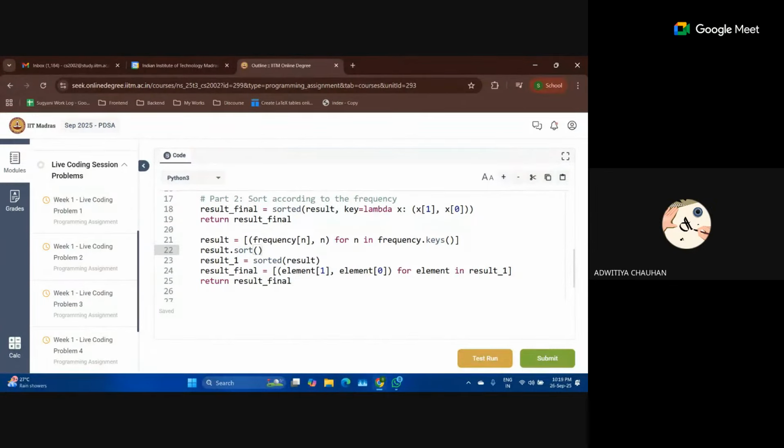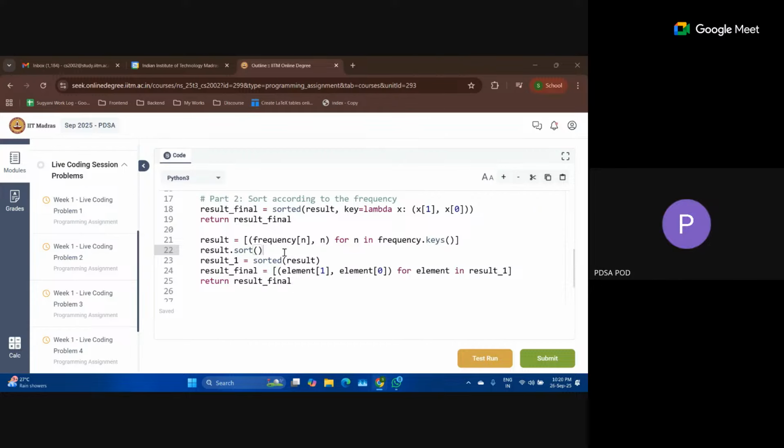Sorry, ma'am. List dot sort is stable sorting or unstable sorting? Ma'am, it's stable sorting. It's exactly like sorted. The only difference is that it sorts in place instead of returning a copy.